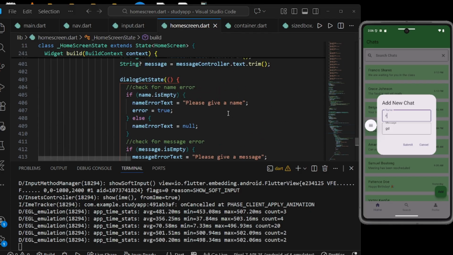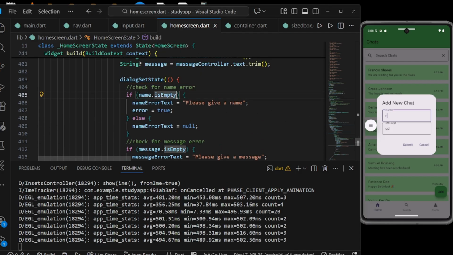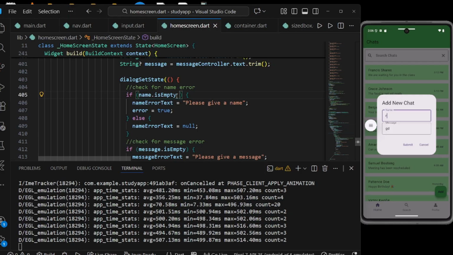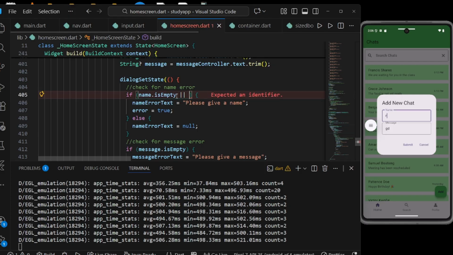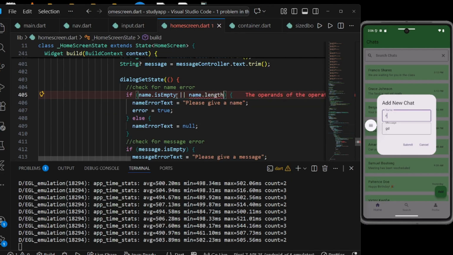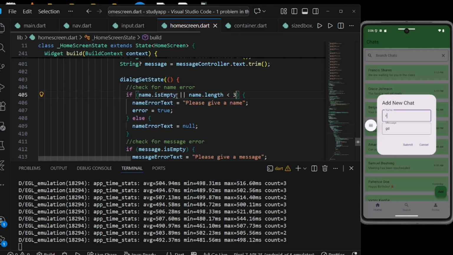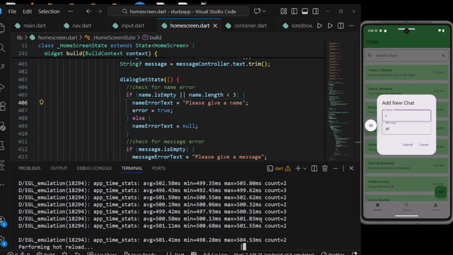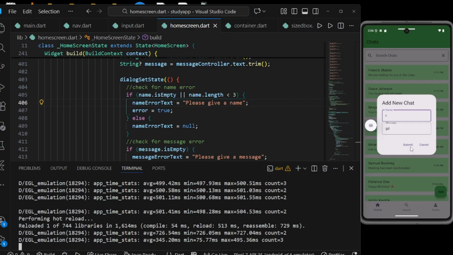So you can control that by adding something like if the name is empty or name.length is less than 3. Let's say the name cannot be less than 3. Then, please give a name. There will be an error. So let's see how it shows up. If I click on submit now,